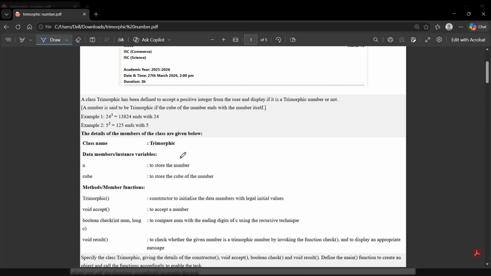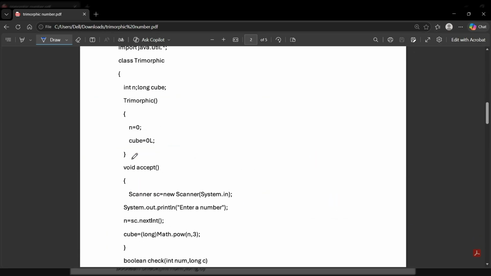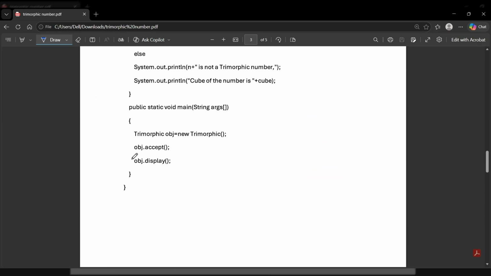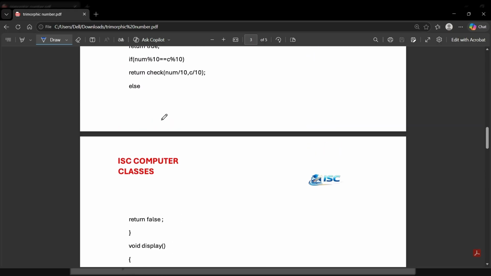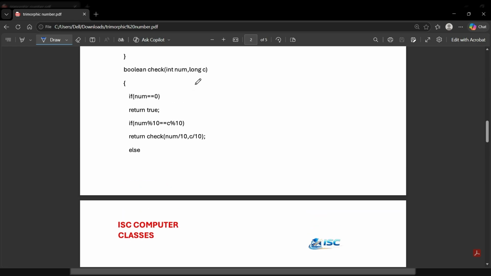सपोज इधर जो नंबर एन में है वो सपोज 24 है। ऑलराइट, और तो इधर 13824 हो गया, तो 4 और 4 के इक्वल हो गया। तो नंबर डिवाइडेड बाय 10 जब होगा तो 2 ही बचेगी, और क्यूब डिवाइडेड बाय 10 होगा तो 1382 बचेगा।